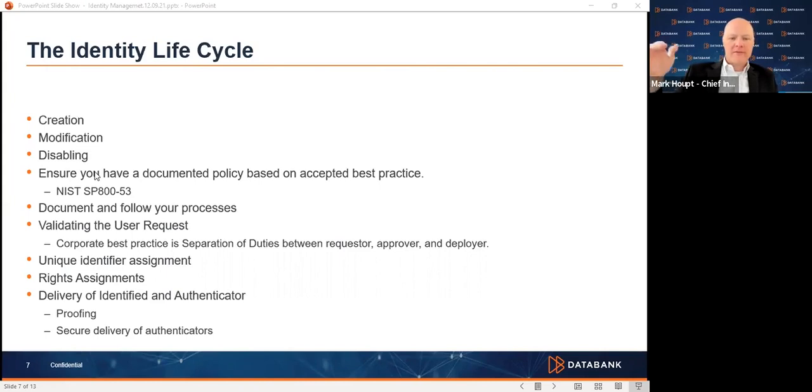Once you move through the validating and the unique identifier scenarios that we just talked about in the life cycle prior, that's when the person has their credentials. That's when they've been given basic access. Then you need to start looking at rights assignments. And this is where the access control lists come into place. This is where the group and role assignments come into place, depending on the type of system that exists out there. And you want to be very careful.